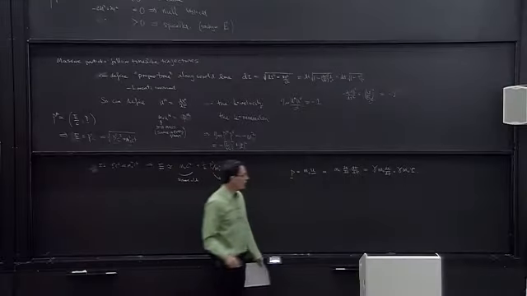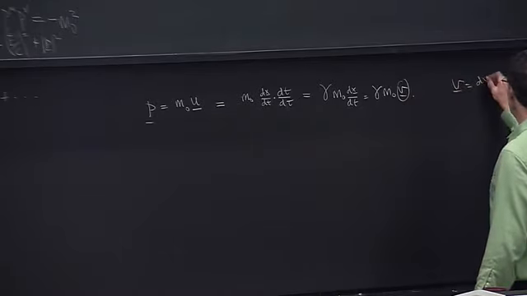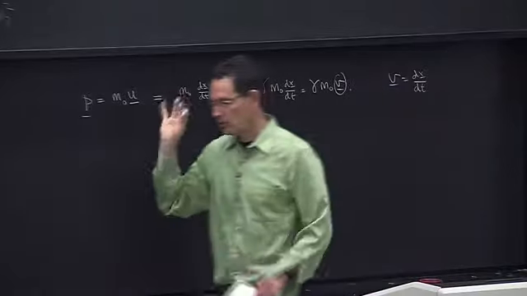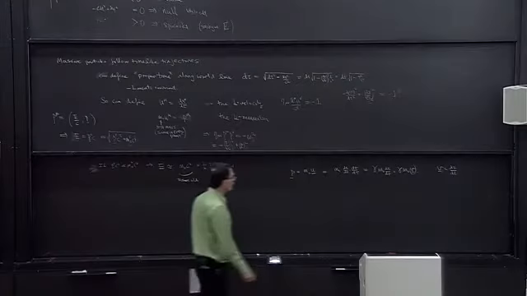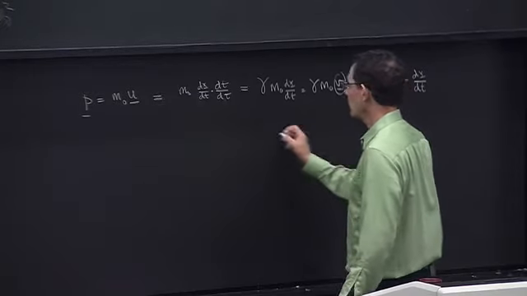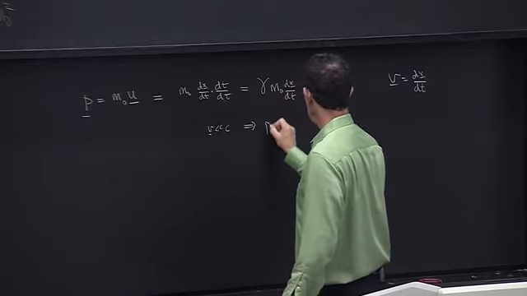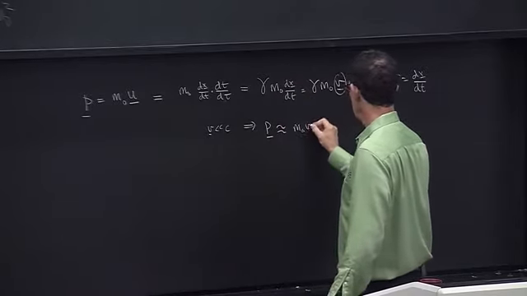Okay, so you have to be careful that the velocity of the particle is dx/dt. It's literally the change in distance over the change in time in the frame you're using, whereas the four-velocity involves d tau. Okay, but if we write this, if v is much less than c, then P is approximately m naught v,